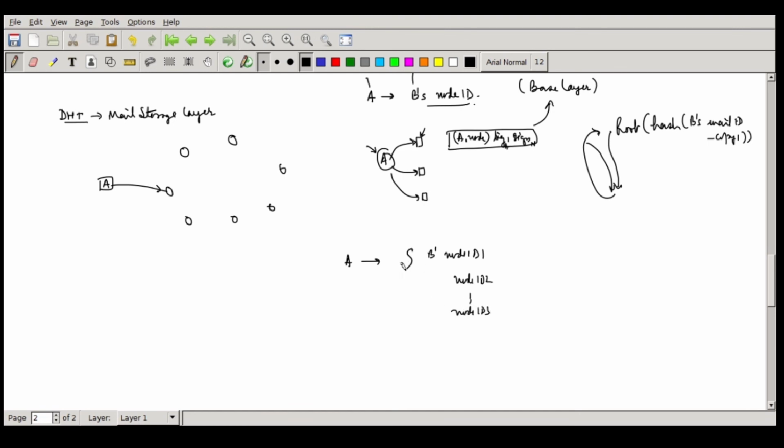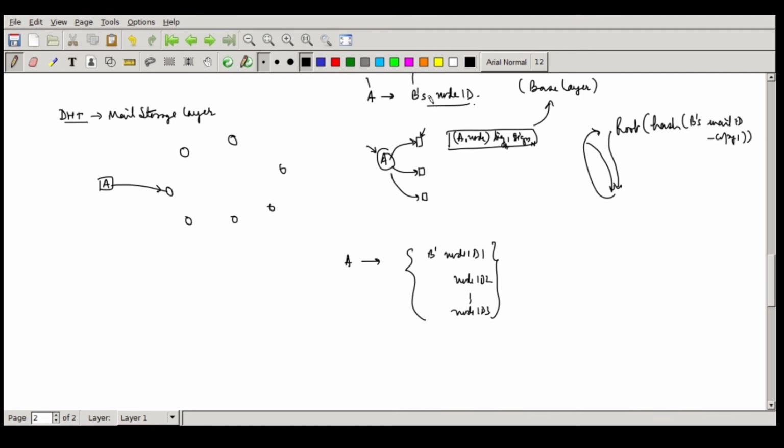If any one of them is alive, it will do a mutual authentication. The same mutual authentication procedure which we discussed in the initial lectures is executed between them. Once that is done, A will transfer the whole mail and all attachments to that particular node. Now there is also an issue because the mail should be synchronized across devices. I will come back to that slightly later. Okay, so the mail is done.